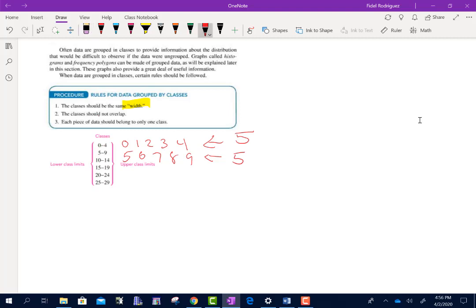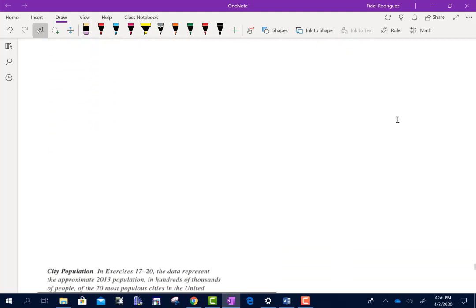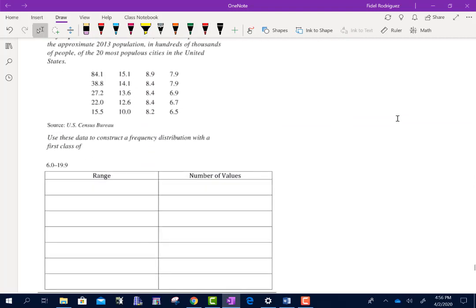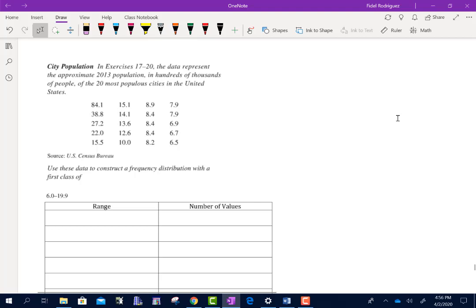Okay, the next thing is they're not going to overlap. Notice this one ends at 4, this one starts at 9. This one ends at 9, that one starts at 10. There's no overlap there, okay? And then any piece of information is going to go into only one class. So meaning if I have the number 7, the 7 is only going to go here. It would not go in here because 7 doesn't fall in there, right? That kind of makes sense. It's sort of intuitive. So I'm going to scroll down again, and we're going to make a frequency distribution with